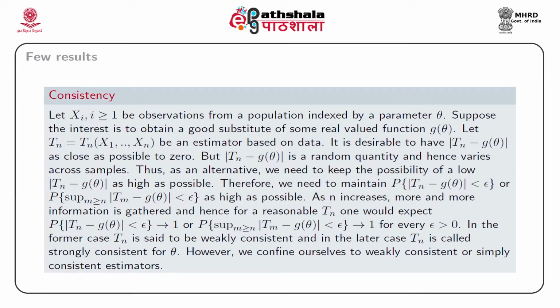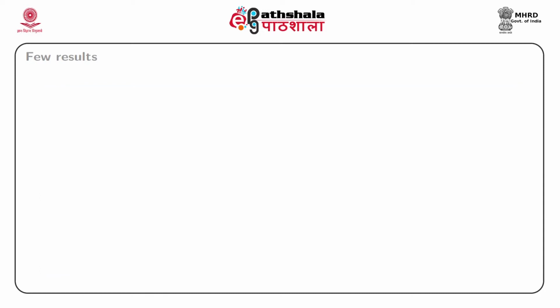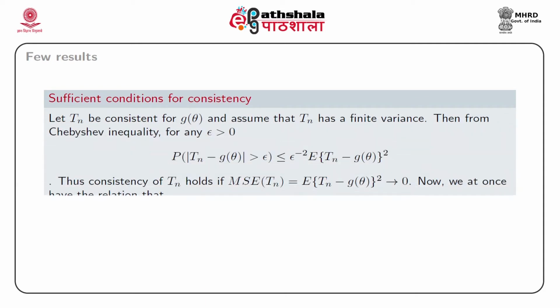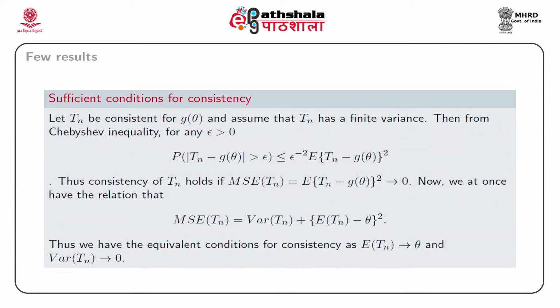However, we confine ourselves to weakly consistent or simply consistent estimators. So let us start with some sufficient conditions for consistency. Let Tn be consistent for g(theta) and assume that Tn has a finite variance. Then from Chebyshev inequality, for every epsilon greater than 0, the probability that the distance between Tn and g(theta) exceeds